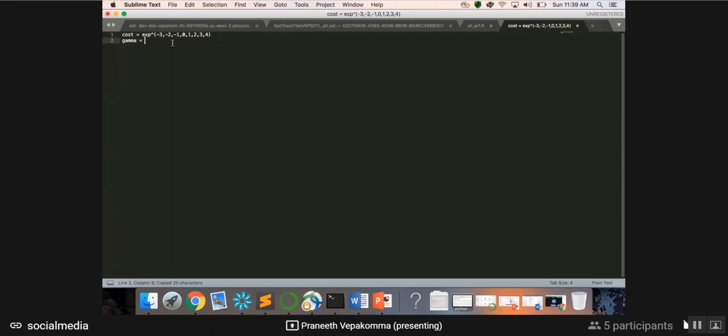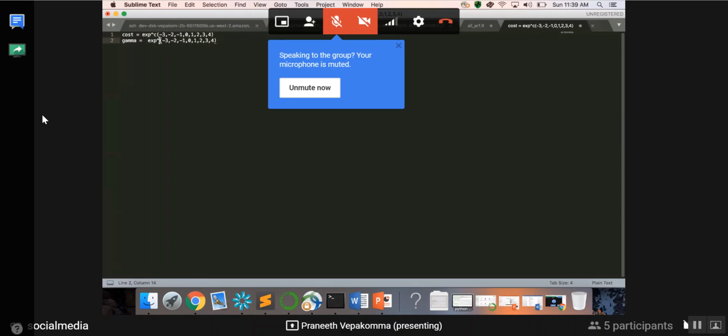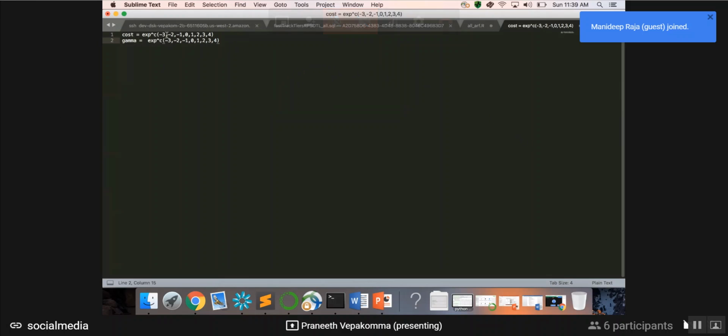So this is an array of numbers, right? So C is giving you the array and then you're doing e power of that. So e power -3 is a very small value. E power -2 is a small value but a little bigger than this. E power -1 is still small because this is 1 by e, this is 1 by e square, this is 1 by e cube. E power 0 is exactly equal to 1. So you're basically trying very small values until 1 and then you're trying bigger values.